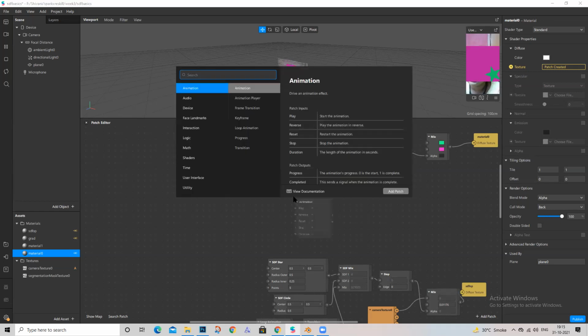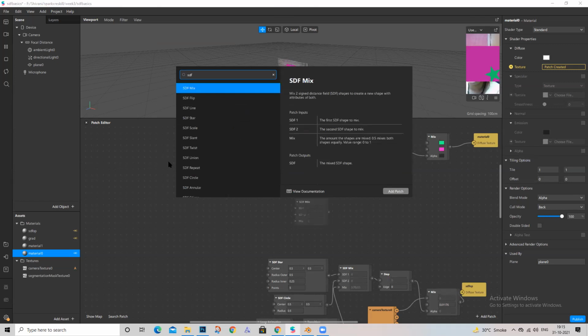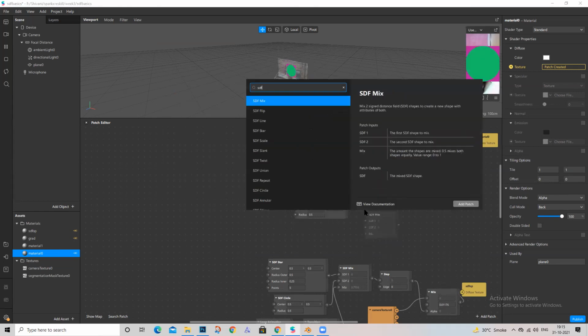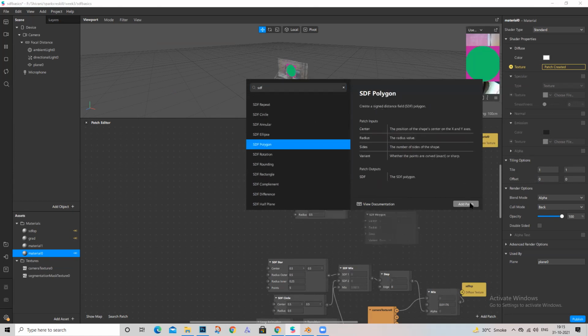Similarly, we have other SDF shapes as well. There is SDF circle. There is SDF polygon.